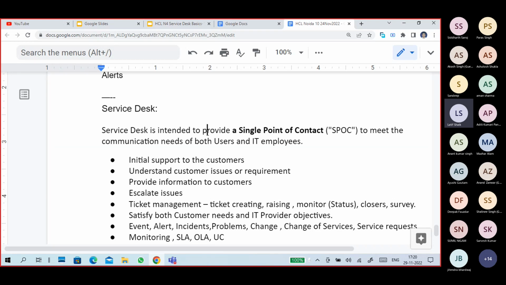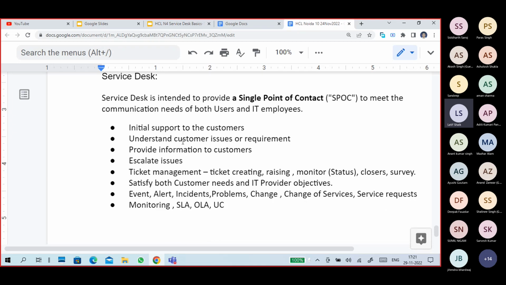Okay, provide information to the customer, escalate the issues, ticket management like creating a ticket, raising the ticket, checking the ticket status and closing service tickets. Satisfy both customer needs and IT provider objectives. What will the IT service provider do? Provide a service.